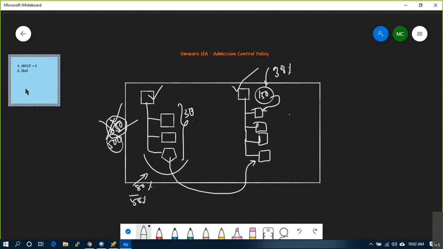Second one is define percentage of CPU 25% and percentage of RAM 25%. Or else create a new cluster for the new hosts. This is another scenario, right?